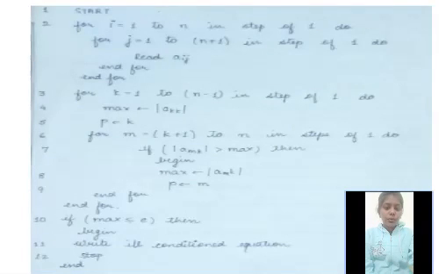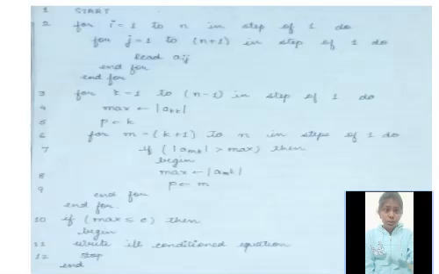Condensation. So first we need a matrix. For that we have two loops: for i equal to 1 to n in steps of 1, and for j equal to 1 to n plus 1 in steps of 1. It will read a matrix Aij. We have another loop, k equals 1 to n minus 1 in steps of 1, which will store max and p, in which max will store akk and p will store the value of k.